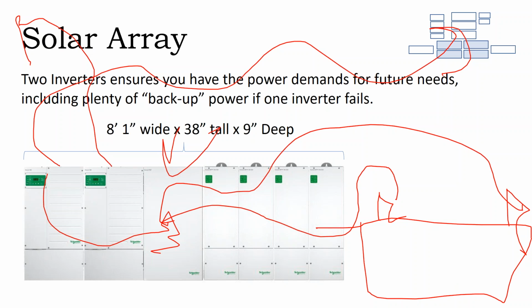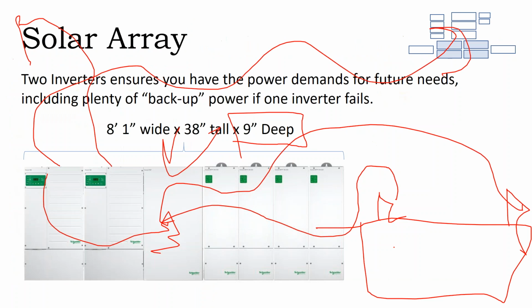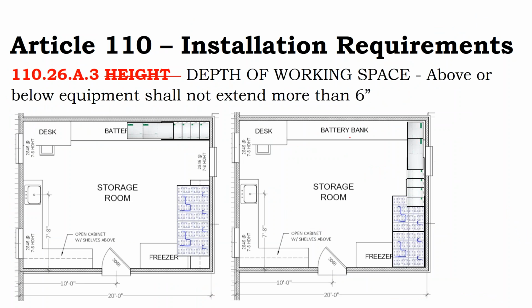But then we see that the batteries and the inverters need to be kind of next to each other. And the problem with these panels is that they're only 9 inches deep. And remember, our batteries stick out 38 inches. And not only is there a width, a height, and the working space depth requirement, there's an additional requirement that says,